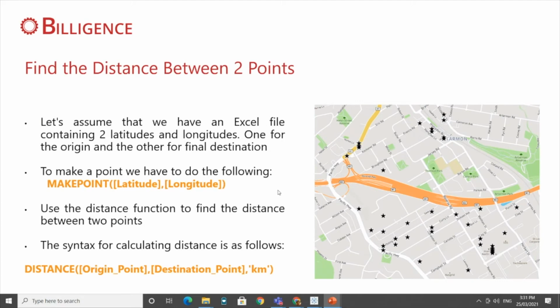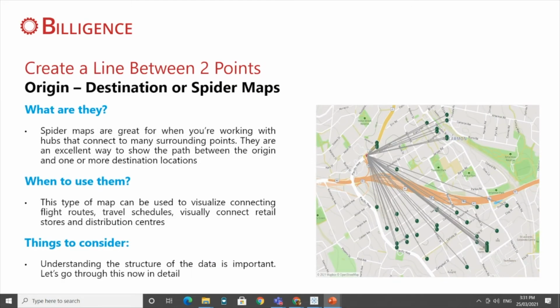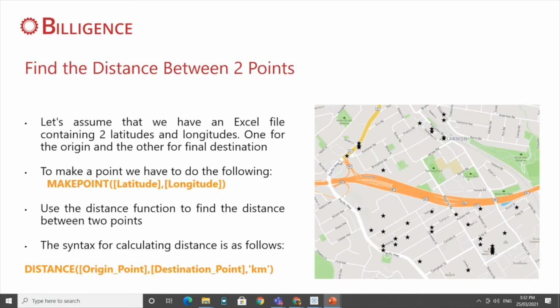The next point is about finding a distance between 2 points, and at the same time plotting those different points using a line is what we are trying to achieve. This activity is slightly a longer task, but I'll try and break it down into multiple phases as I explain